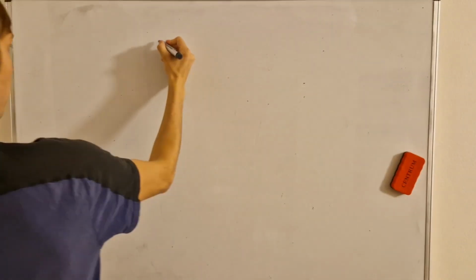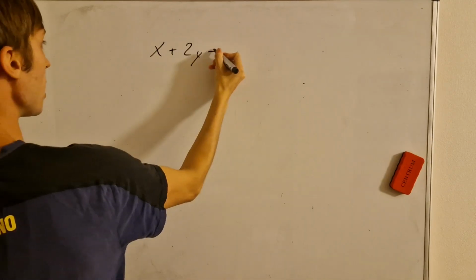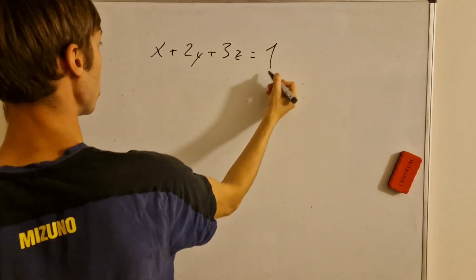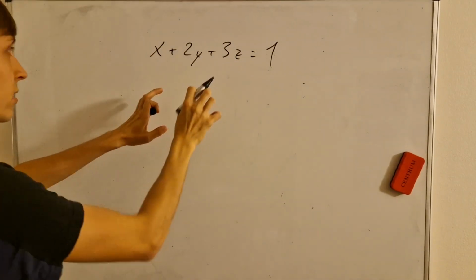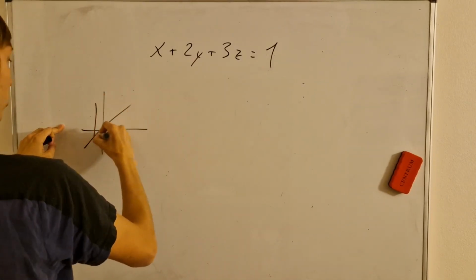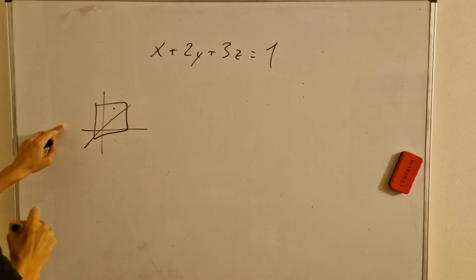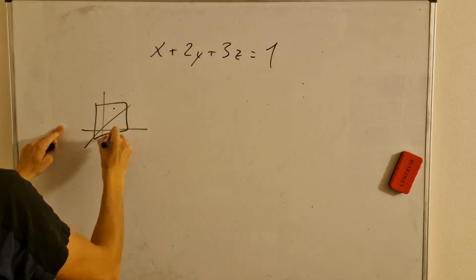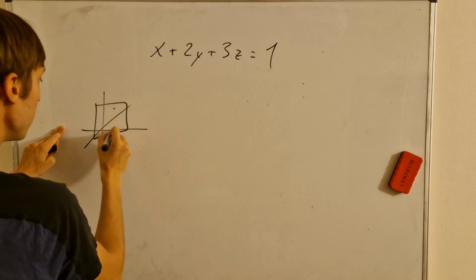Let's say we have a plane in 3D, for example x plus 2y plus 3z, and this is one way to denote it. This means that any time we have a 3D plane described by this equation, any point on this plane, if we know two parameters,